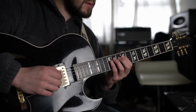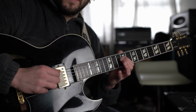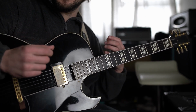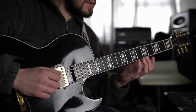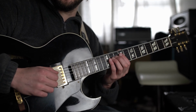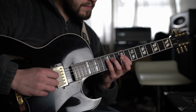So here's the very start. We're using chromaticism in a way that actually exists in jazz, and I think that's part of where the issue is arising, because things don't necessarily fall in 3-note per string patterns when we're using chromatic notes. So this is the very start, you're starting on the 8th fret, on the D string,